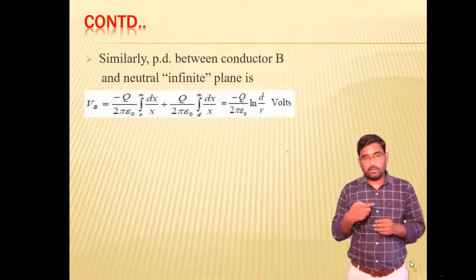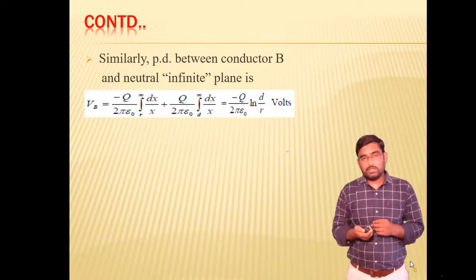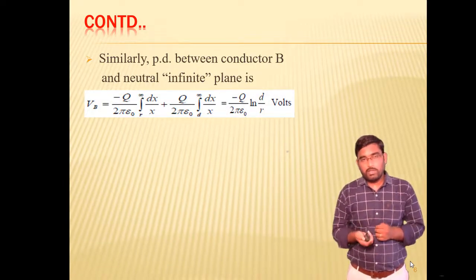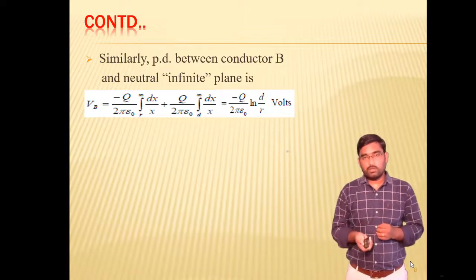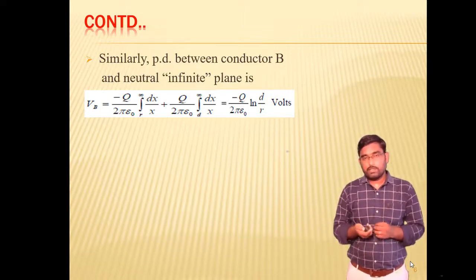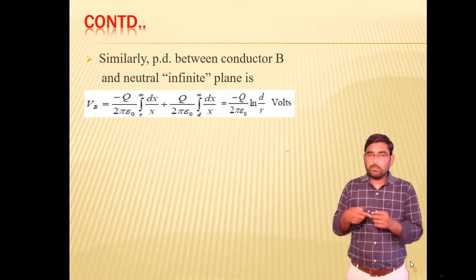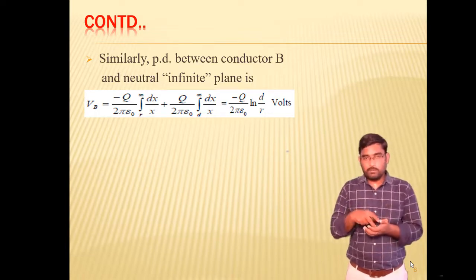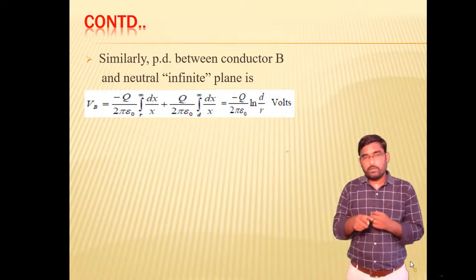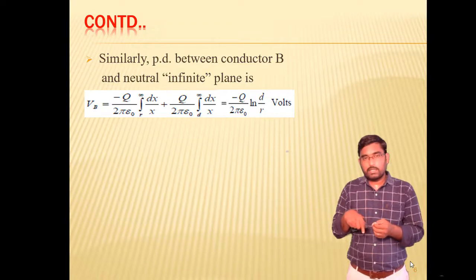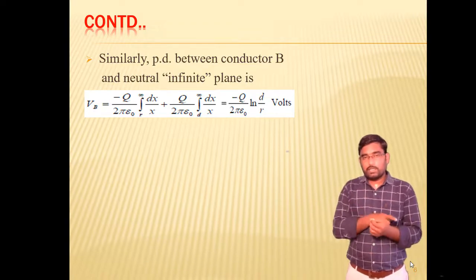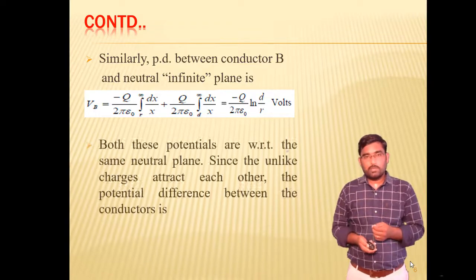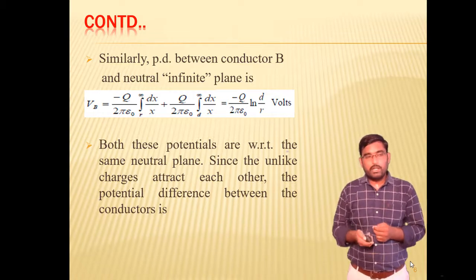let us write the potential at conductor B, which will be Vb equals minus q by 2 pi epsilon naught integral r to infinity dx by x, which is the potential at conductor B because of its own charge, plus q by 2 pi epsilon naught integral d to infinity dx by x. The second term is the potential at conductor B because of the charge of conductor A. Now after simplifying this, it will be Vb equals minus q by 2 pi epsilon naught into ln of